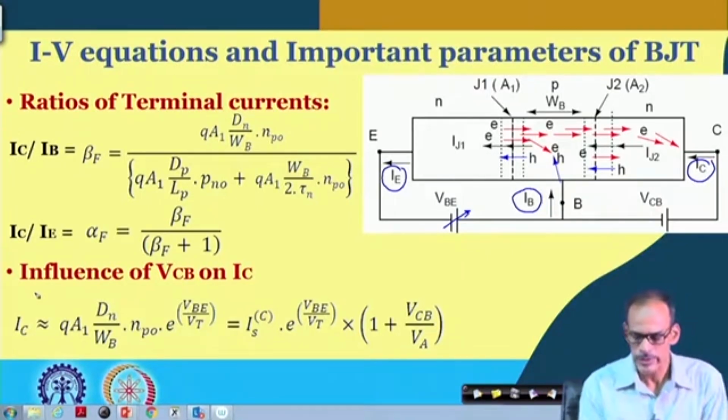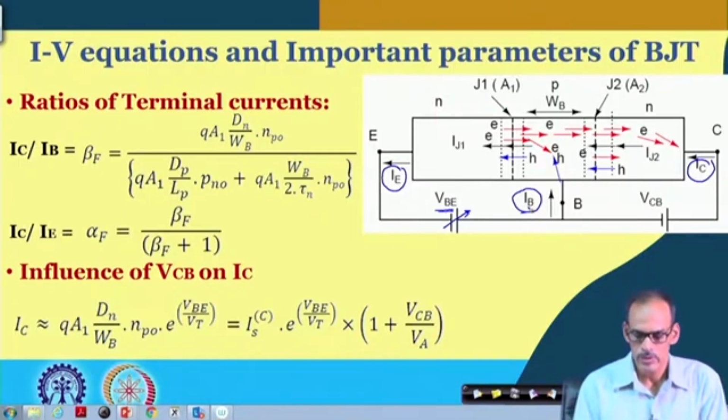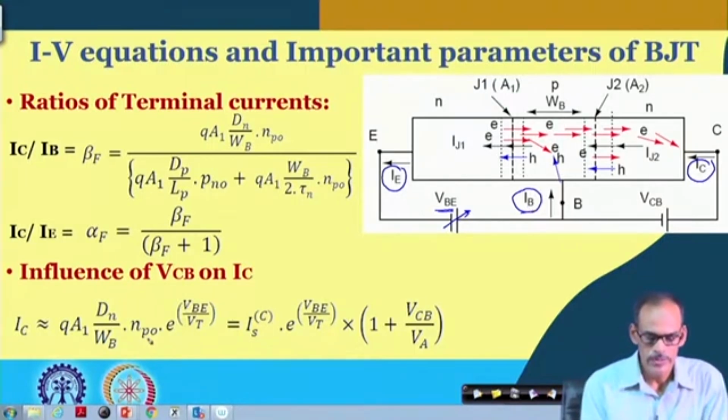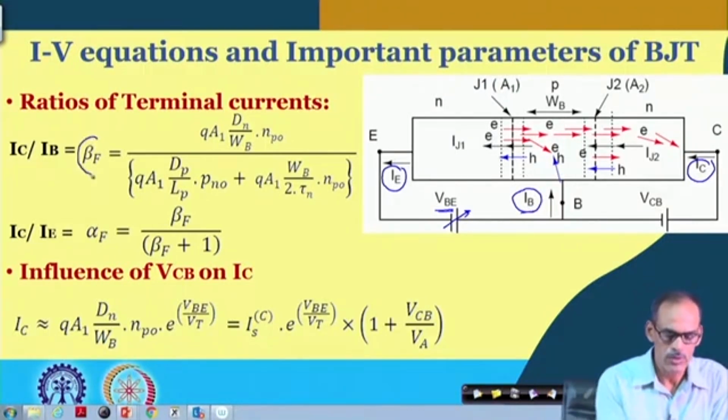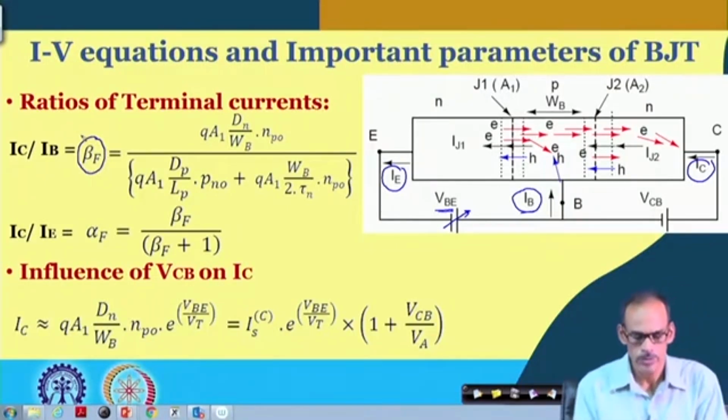In fact, all three currents are exponential functions of the base to emitter junction voltage. So if we take the ratio of the collector current divided by the base current, the exponential part gets cancelled out, and whatever constant or remaining parts we have comes as an important parameter called the beta of the transistor, or to be more precise, the base current to